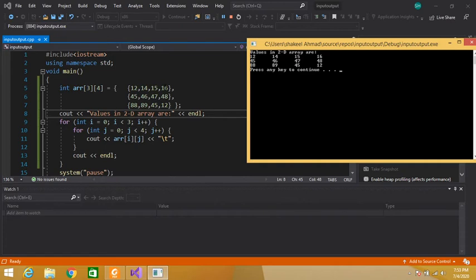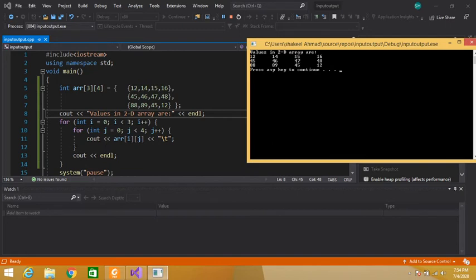So this value is displayed on the console window, 0, 2. Again closing, so this 15 is displayed, 0, 2. This is our 0, 1, 2. So 15 is displayed on the console window.